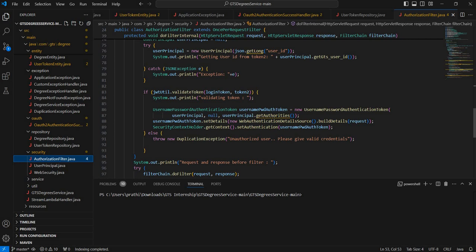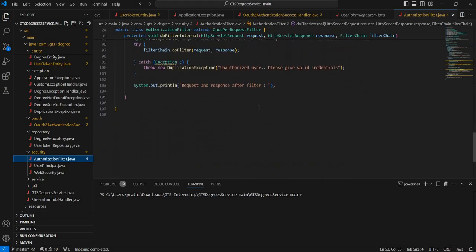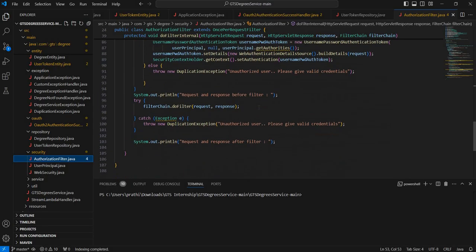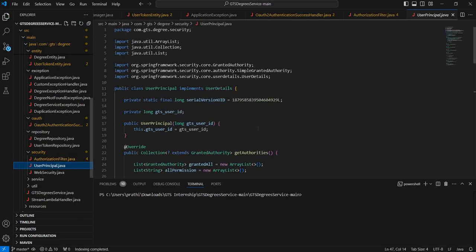Here we can see we validate the tokens, all the details are correct, validate the token, and using the username, password authentications, web authentication details, like that. So the authorization filter is the authentication, we use the username, password, and validating the details. The next one is the same as